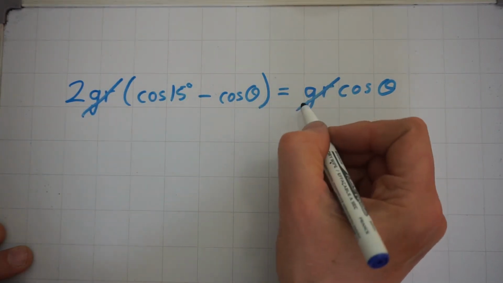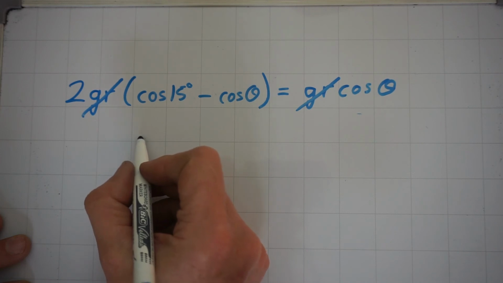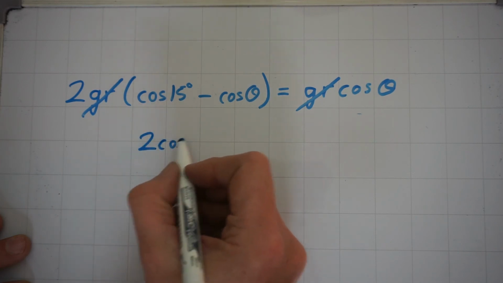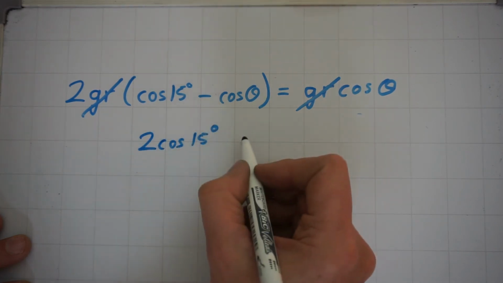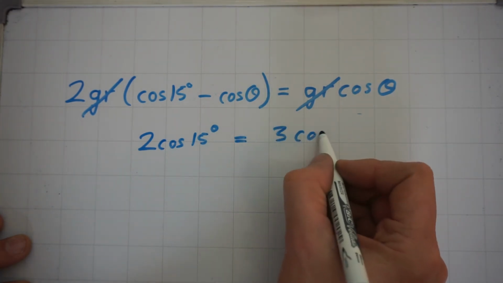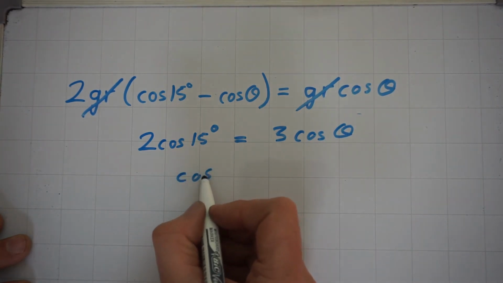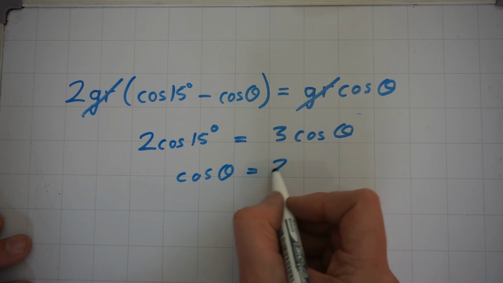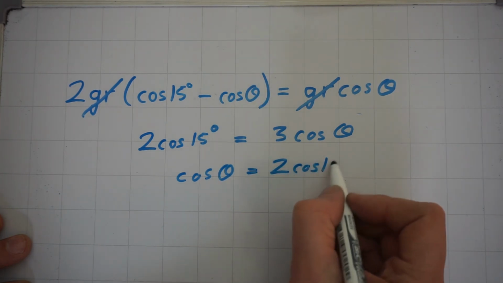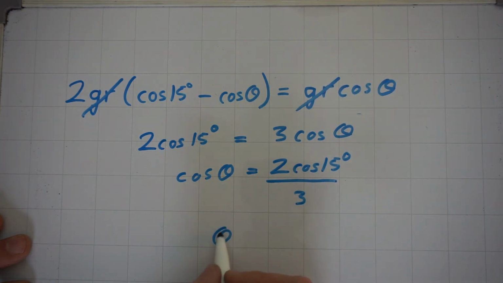The gr's will cancel out. This simplifies to 2 cos 15 equal to 3 cos theta, so that cos theta equals 2 cos 15 over 3, which gives theta equal to